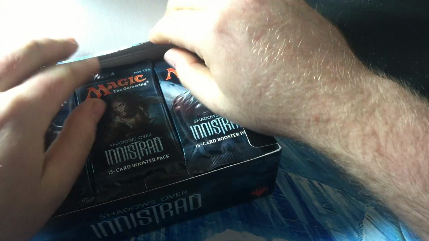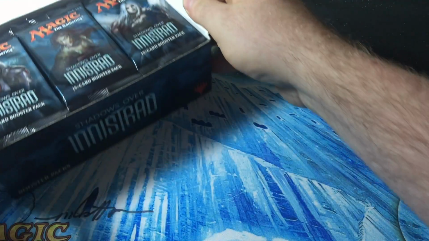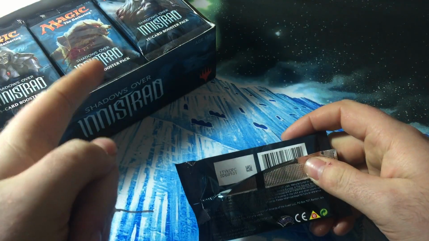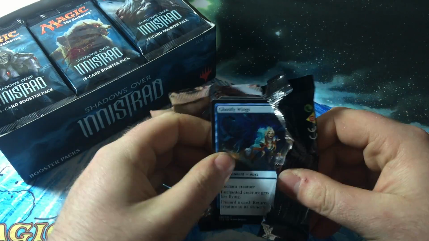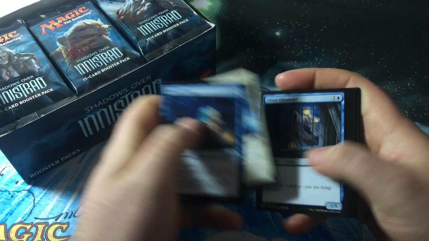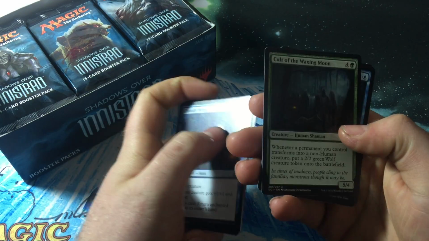So, getting in here. Alright. Slide that. There we go. Alright, pack 1. Box, be better than the last. Alright, now I'm done bitching about it. Alright, so as always, I will be going through. I'm going to flip through the commons real quick. I'm going to take a little bit of a closer look at the uncommons and then focus on the rare,